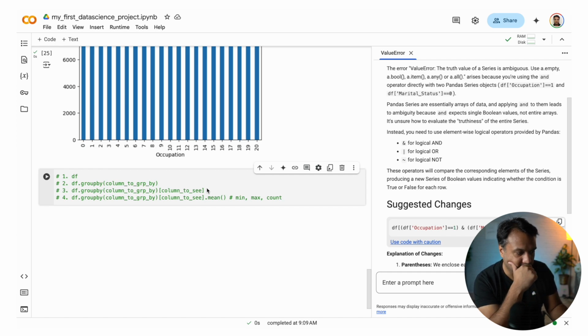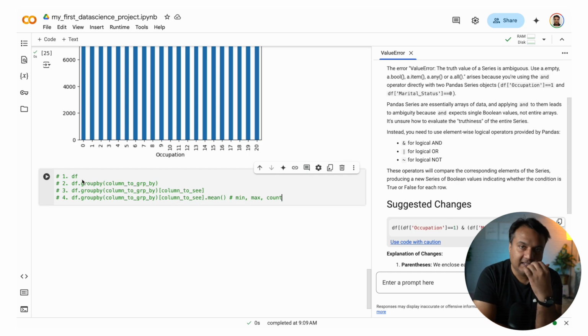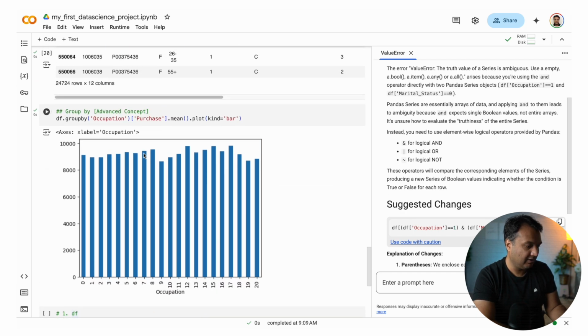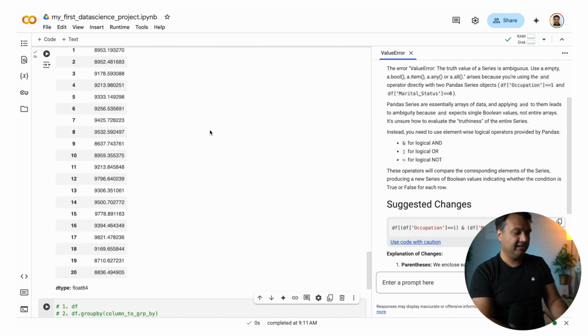So there are different aggregations which you can apply. You can look up the documentation. You can ask AI too, but it should be very straightforward. And if you look at the pattern here, this is called chaining in pandas, a very important concept, which is you take a data frame, then you apply some transformation on it, and based on the results you apply some more transformation, and then based on that you apply some more transformation.